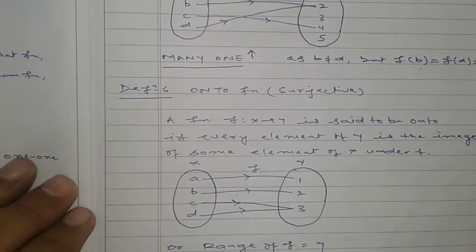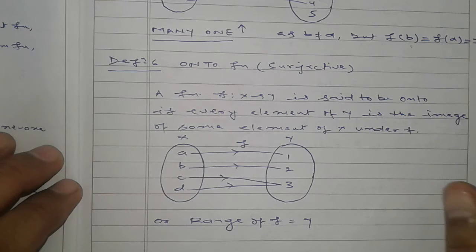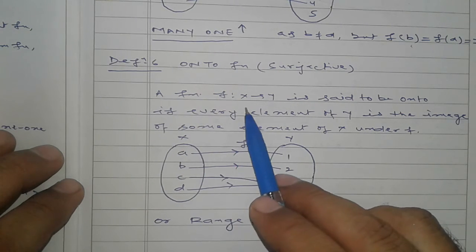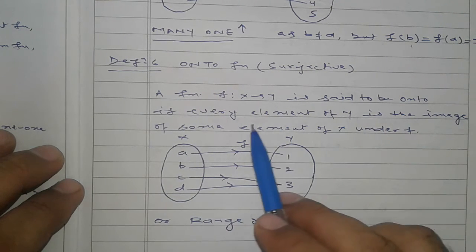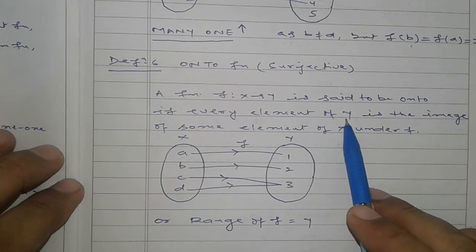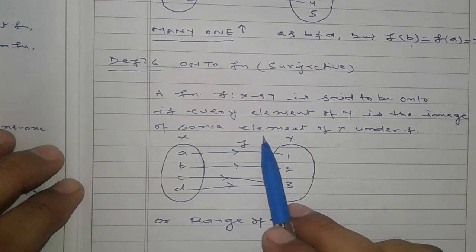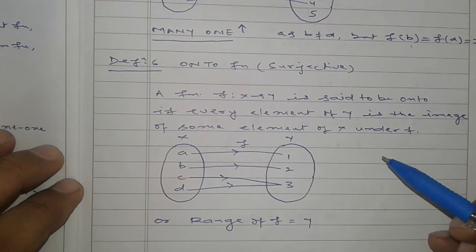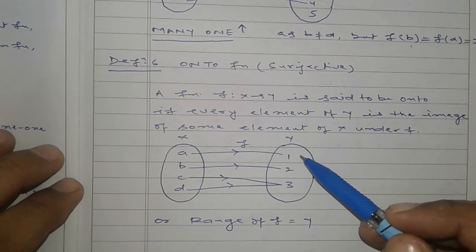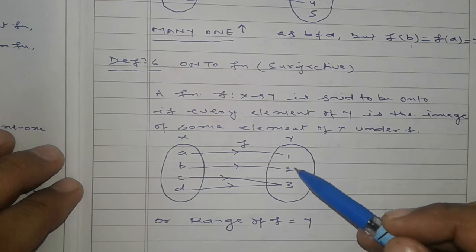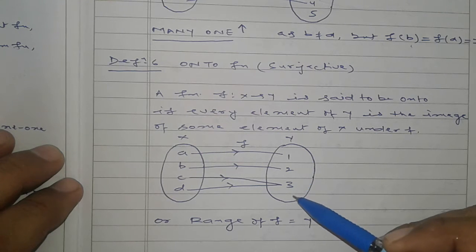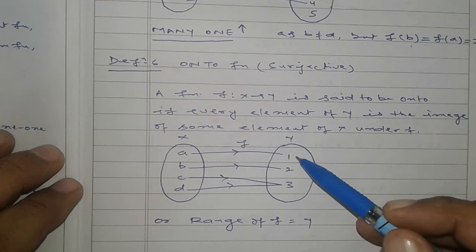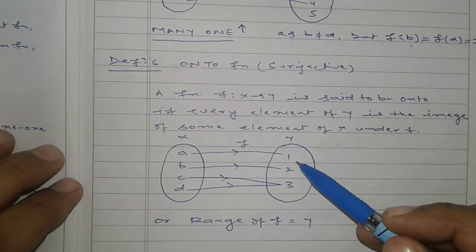Then the definition is onto function. A function f from x to y is said to be onto if every element of y is the image of some element of x. यानी कि जो रेंज ऑफ f है वो आपका सेट पूरा y है. Every element of y is the image of some element of x. y में कोई भी जो एलिमेंट है वो खाली नहीं है, रिलेटेड है. Every element of y